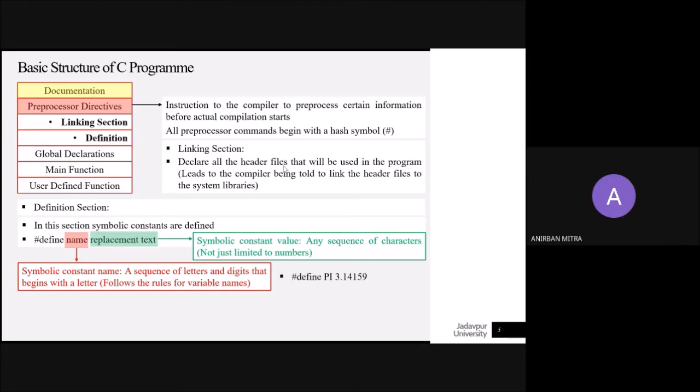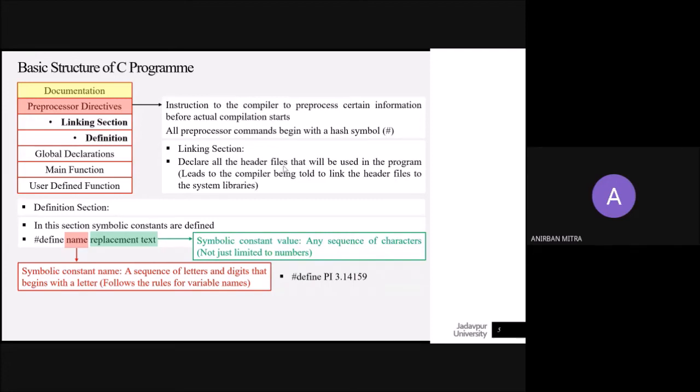So, as we mentioned, we can define the value of pi as shown in this example. So you have hash define, then the symbolic constant name, which is pi here, and then the symbolic constant value. We know that the value of pi is 3.14159 and so on. So you can define the value of pi like this.